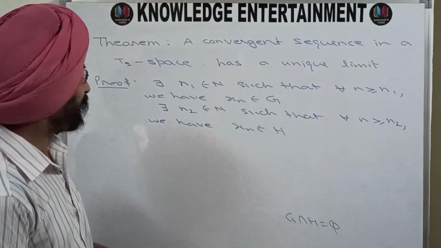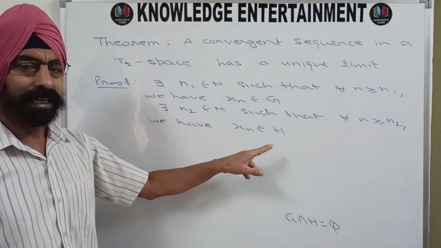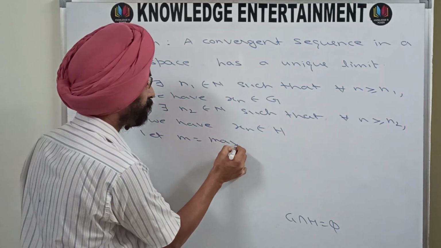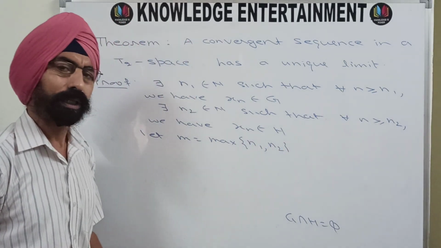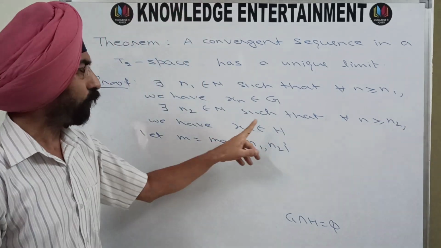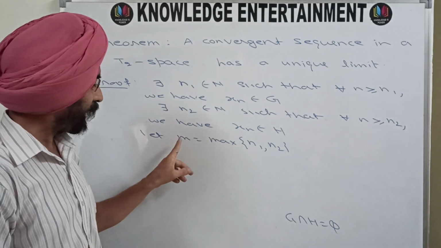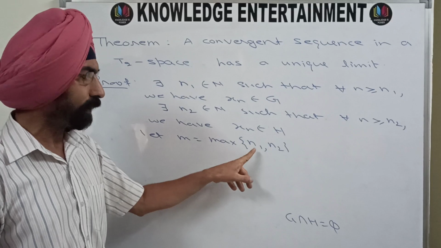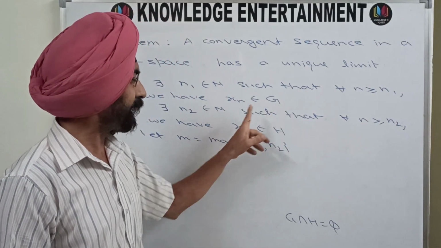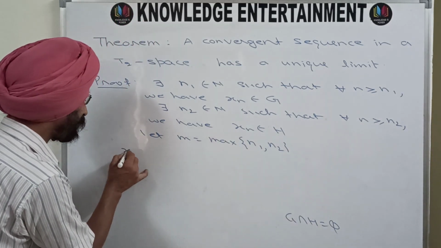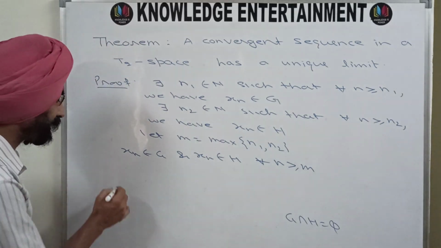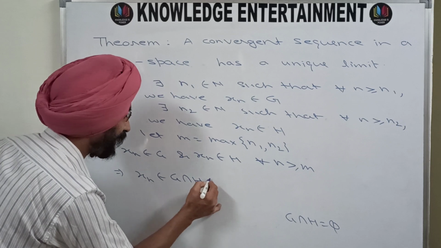Now what you are having is, after n1 every Xn belongs to G, after n2 every Yn belongs to H. Take the maximum of these two. Let M be the maximum of n1 and n2. Then, since for every n greater than or equal to n1 your Xn belongs to G, and for every n greater than or equal to n2 your Yn belongs to H, and M is the maximum of both n1 and n2, if your n is greater than or equal to M, obviously n will be greater than or equal to n1 also, and n will be greater than or equal to n2 also. So for every n greater than or equal to M, your Xn will belong to G and also to H. That means your Xn belongs to G intersection H for every n greater than or equal to M,